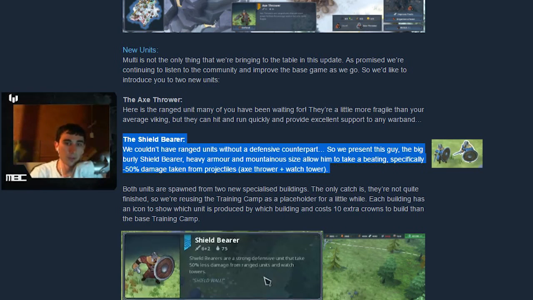Both units are spawned from 2 new special abilities. The only catch is they are not quite finished. Each building has an icon to show which unit is being produced and costs 10 extra crowns to build than the base training camp. And this is kind of where I come back to the axe thrower and go,